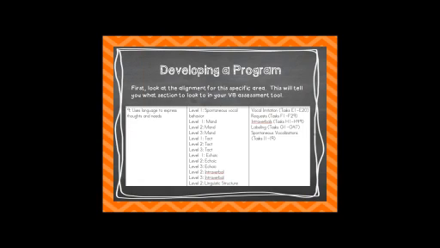We're looking at tacting. So I'm going to look at levels 1, 2, and 3 of tacting. And I'm going to go in my VB-MAPP, and I'm going to start with level 1. That's a great place to start. Always start at the beginning and make sure that they can do everything before you plan an intervention. Don't just look at it and go, oh, I'm pretty sure they can do that. Because you would be surprised, especially with kids who have disabilities. They're going to have those splinter skills where maybe they're really great at this, but they're lacking something that you didn't even think they'd be lacking. It just shocks you.